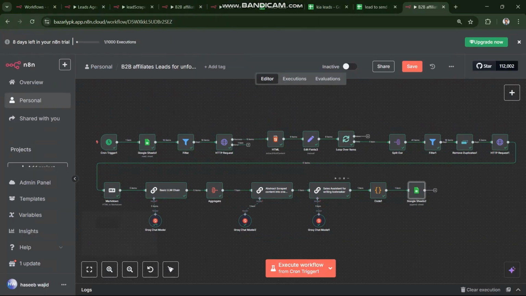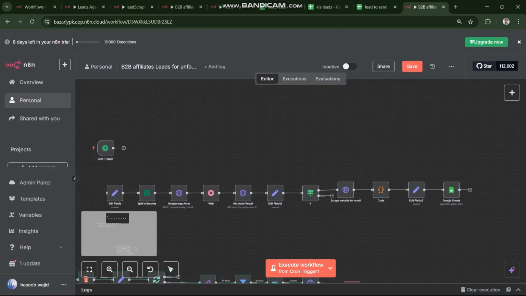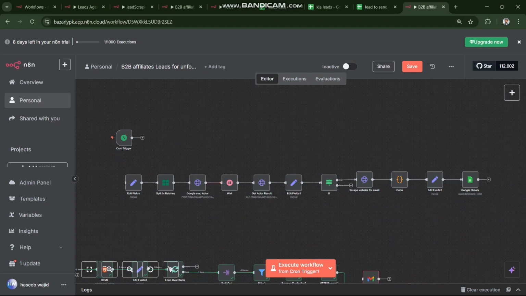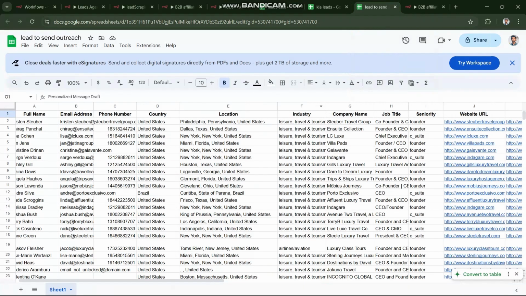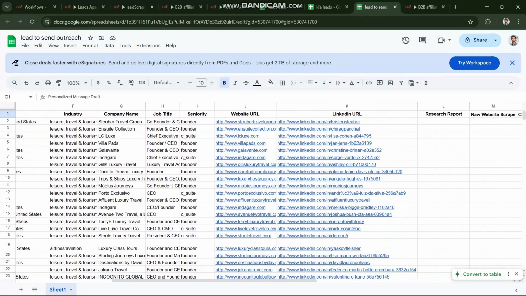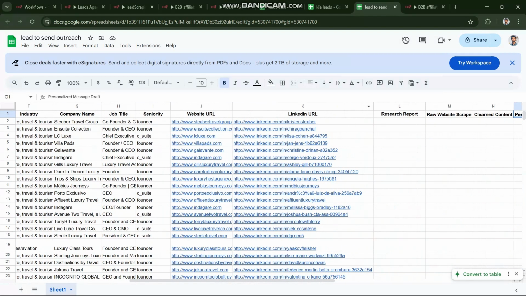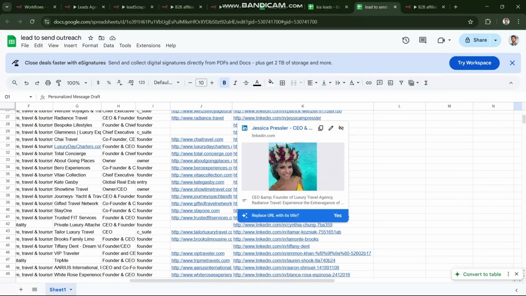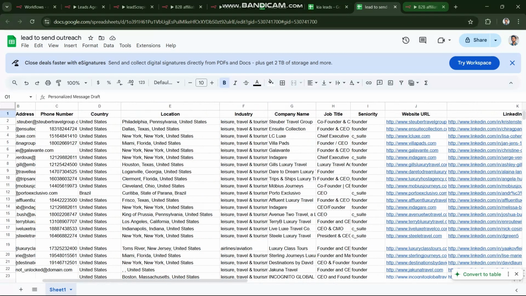So first of all, we have this automation. What this automation is basically doing, it is scraping all the relevant information that I already showed you. It will look like this, containing full name, email, phone number, country, location, and so on till the LinkedIn URL. So after running that automation, we get these details of their businesses, and after that we need